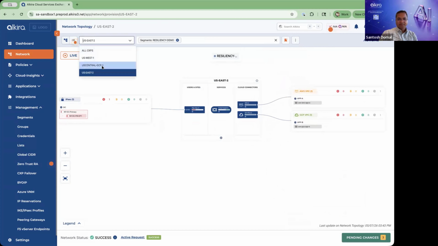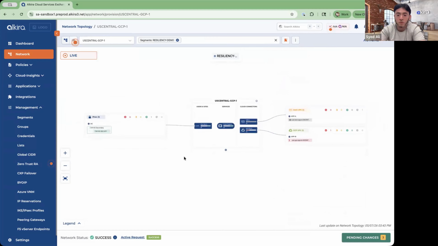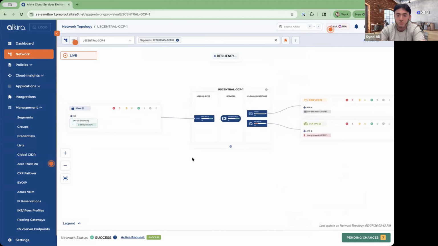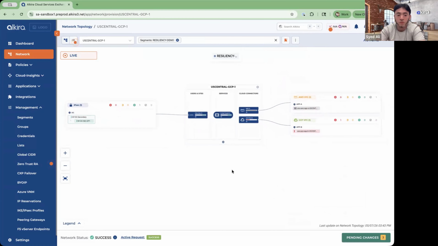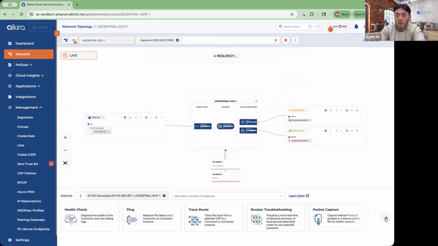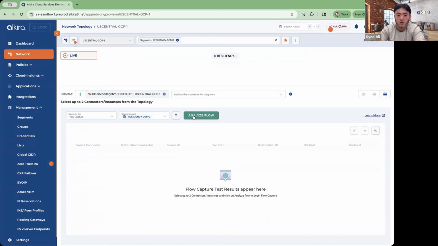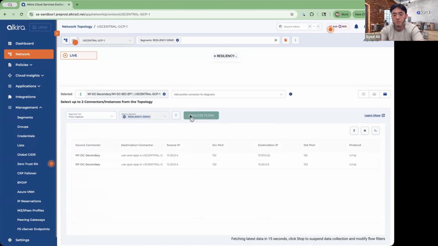And now if I go to central, this will be coming up here soon. It should take a minute. So this is when the whole environment will show up. I can even come back to our diagnostics and flow capture and let's see when the traffic will come back up.